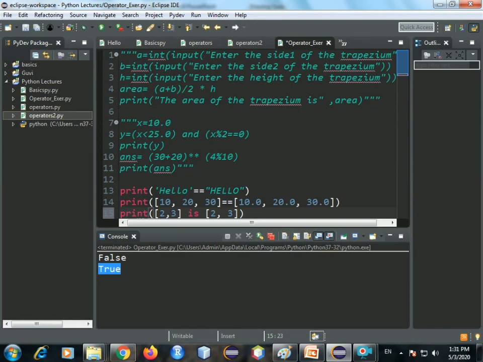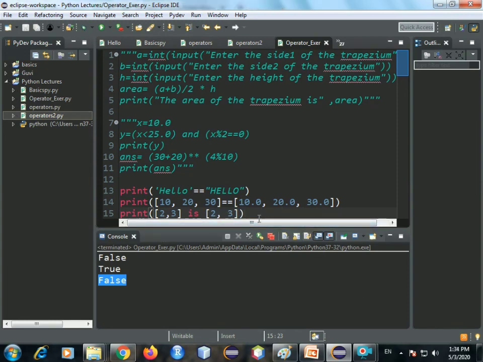Remember, we are checking if both the identities are the same or not. This should be the same, right? See, but what we get is false. You might want to know why. Because this list is different and this is another list. These are two different lists containing the same elements, but the list is different. Therefore, it gives us false.